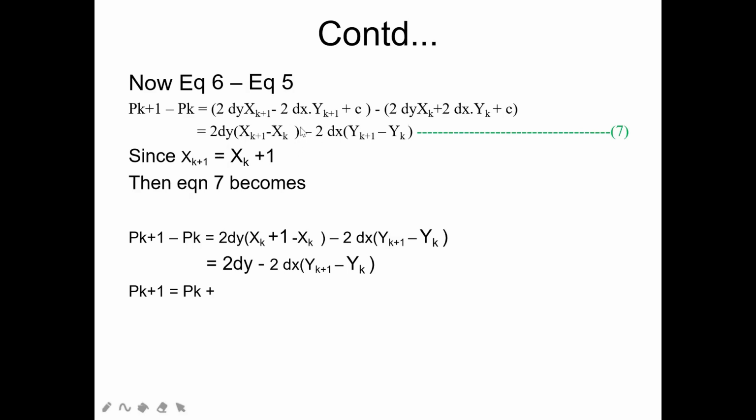So keep it in a bracket. Then the next step, take this 2 dx as common. So minus 2 dx, I have taken it as common. So left with yk plus 1, and again here minus plus minus, so minus yk. Okay, and here the c value, this is plus c, and this one will be minus plus minus c, will get cancelled. So you are going to get your equation number 7.